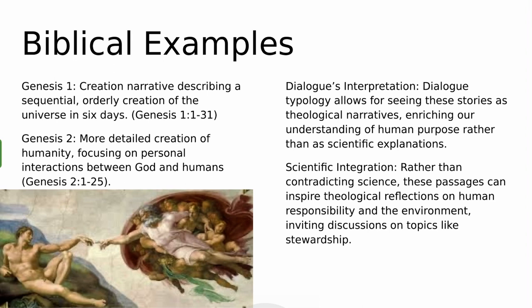Okay, so some biblical examples. Genesis 1 is mainly a creation narrative describing the sequential, orderly creation of the universe in 6 days. So really just the overall topic of the 6 days. And then Genesis 2, a more detailed creation of humanity, focusing on personal interactions between God and humans, him and